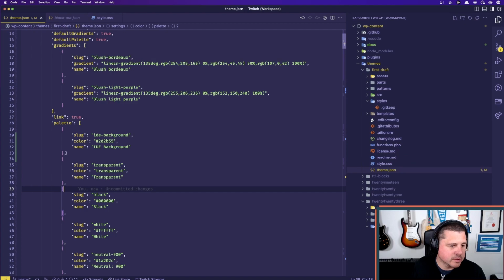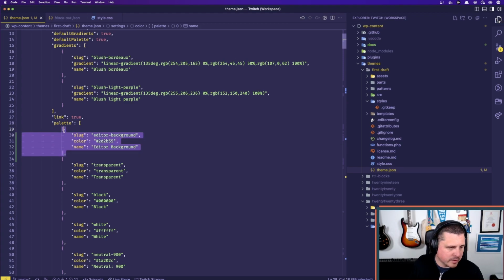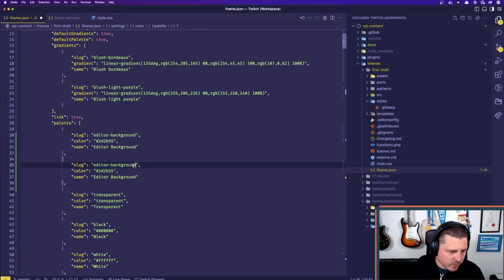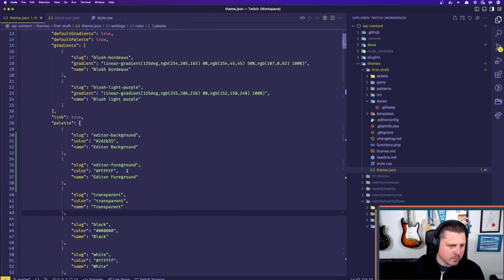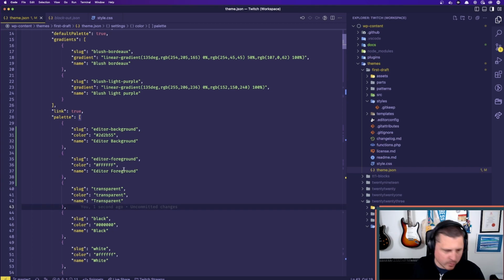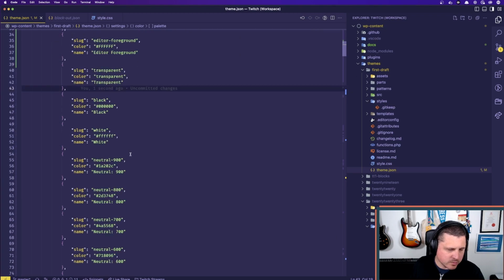I'll make another one. You know what? I'm going to call it editor background. I'm going to do this editor background. I'm just going to be real pedantic about it. I'm going to go editor background, and then we'll have editor foreground, foreground with an E, and I think this is just white. Right. So what I should be able to do then is, in my